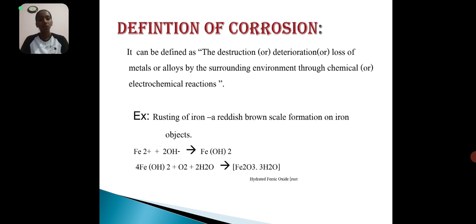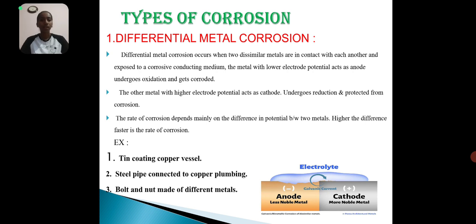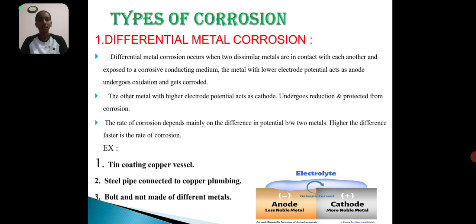Now let's move on to the next, that is the types of corrosion. There are two different types of corrosion, differential metal corrosion and differential aeration corrosion. So the first one is differential metal corrosion. Differential metal corrosion occurs when two dissimilar metals are in contact with one another and exposed to a corrosive environment